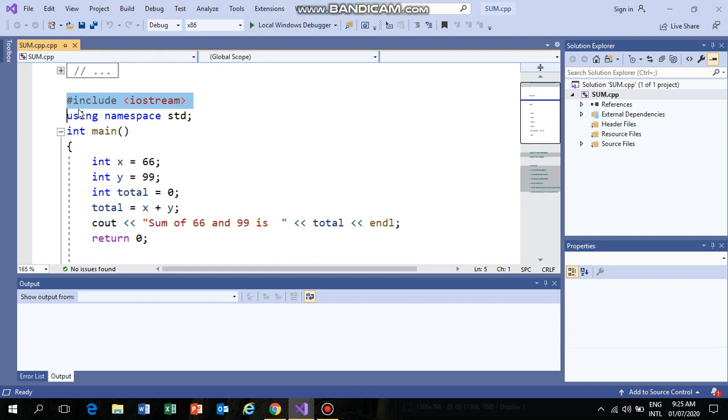iostream is used to invoke the commonly used functions like cout, cin in a C++ program. iostream stands for input output stream. The next line of this program is using namespace std.